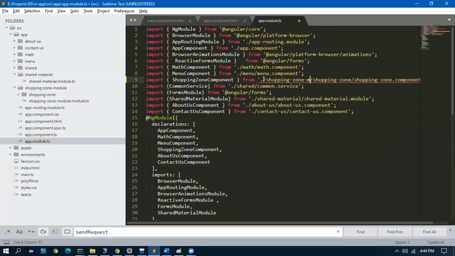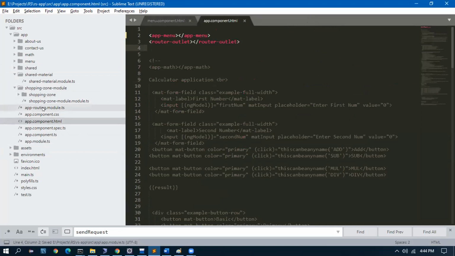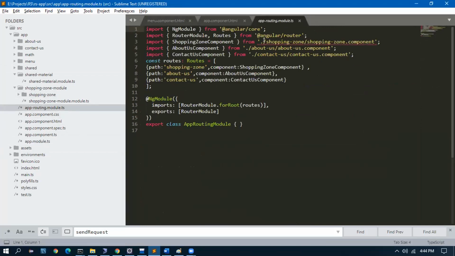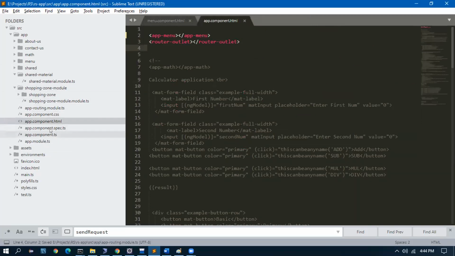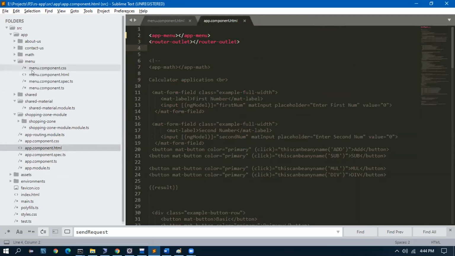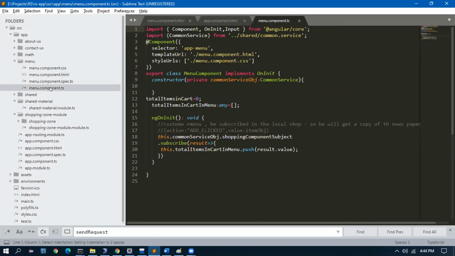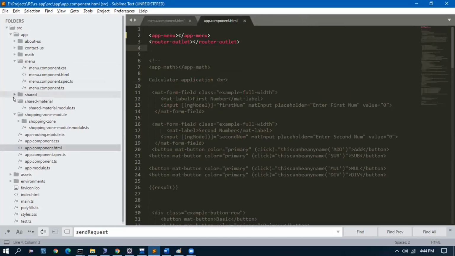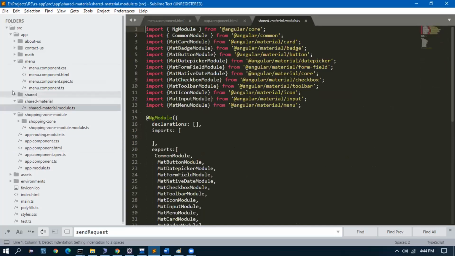If I go to app routing, yeah, there is an error. I go to menu. You are just changing the path, that's it, right? Yes. The import path I am changing, that's all.